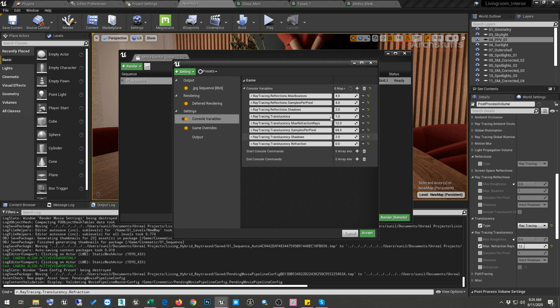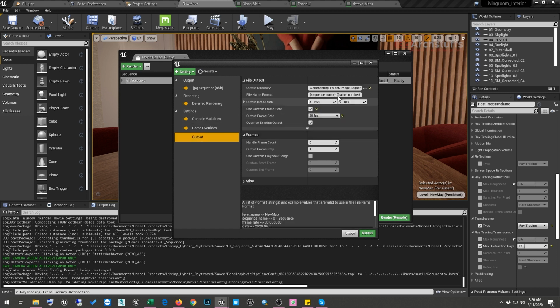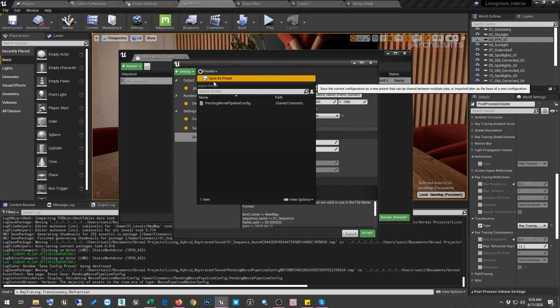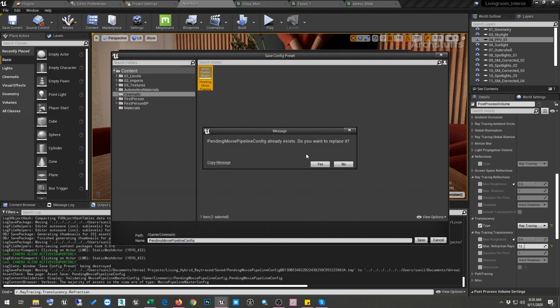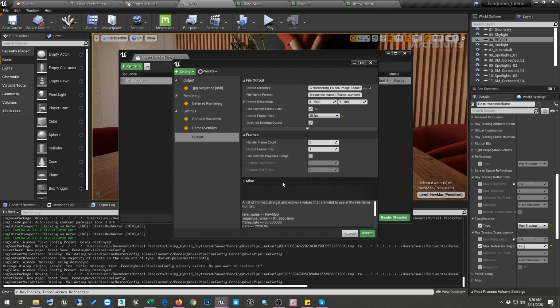render the cinematic video on the highest quality possible. So it will be like 64 for the final quality, and then we went ahead in output and gave the output directory and then made it 30 fps, and then we will go ahead and click save preset, and I will override all the existing preset.